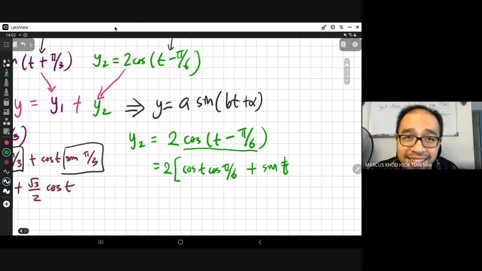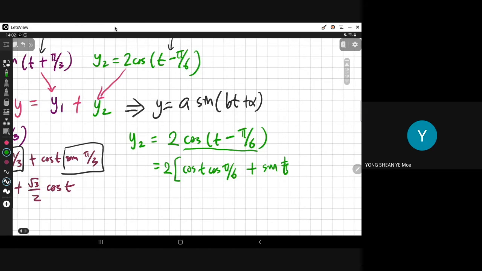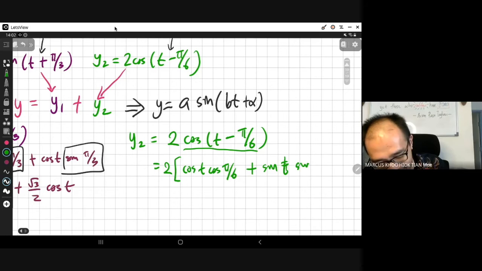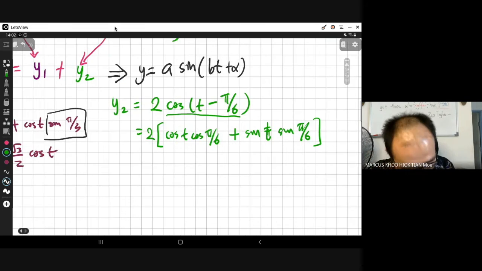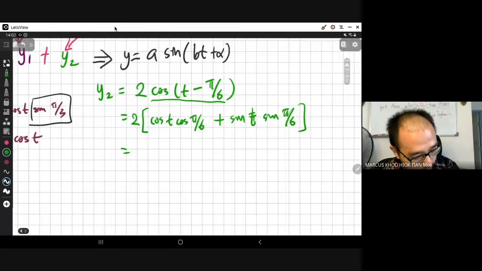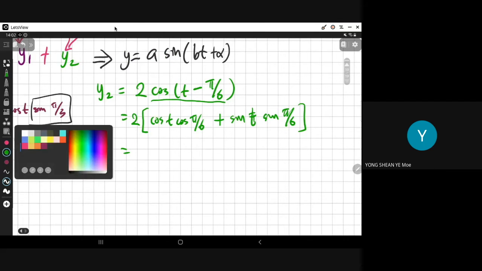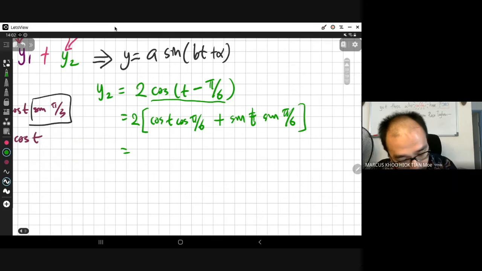Is it plus? Yes, sir, plus. Okay, sin pi over 6. So same thing, cos pi over 6. What is pi over 6 in degrees, please? 30. Okay. So here we're talking about cos 30 and sin 30. Liu, can you help us out here first, please? Cos 30 and sin 30 in terms of